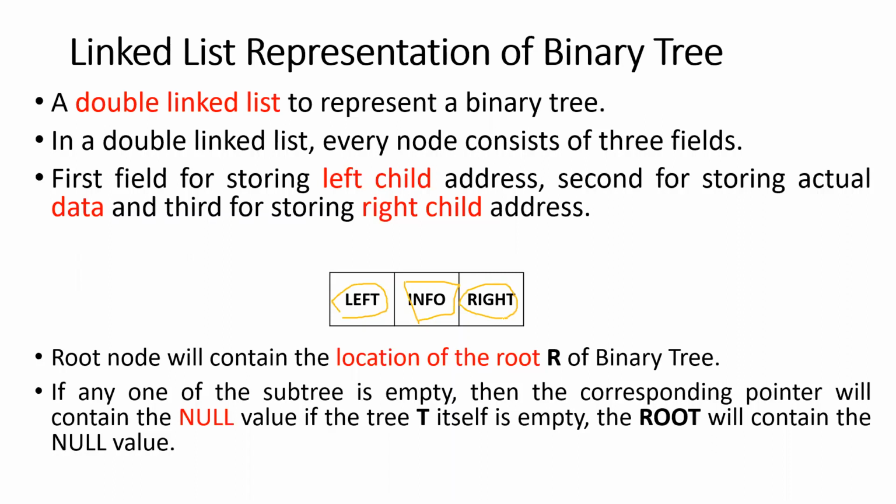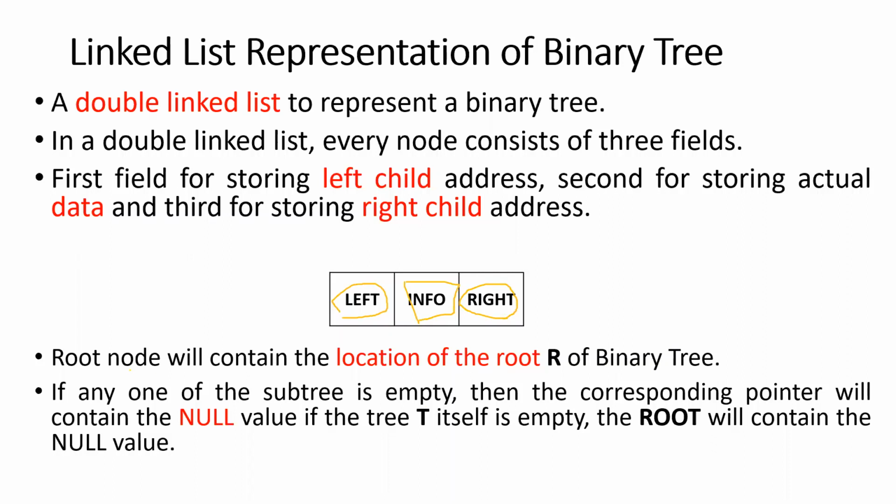Now one more thing: in some implementations, they have shown the starting address of the root. So the location or address of the root node of the binary tree can be stored in another root pointer. That is not required, but in order to show where the starting or root node is, we can have another small pointer which can have the address of the root node.